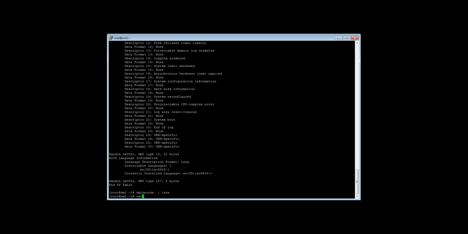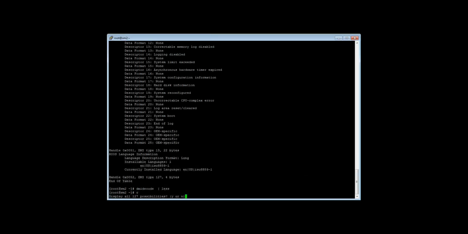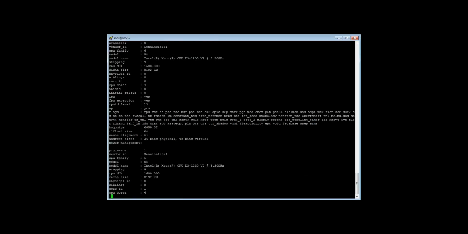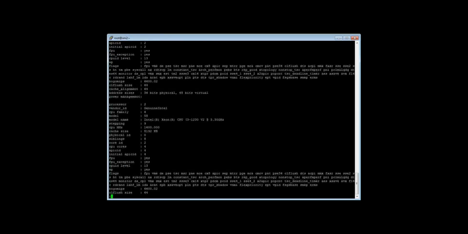Run kvm-ok. Well, no, that won't work in this. It's one of these, and there are so many things here. I forget what to look for, but it looks like VMX is on. I think that's the one we want. Yeah, I think VMX is the one we're looking for. So virtualization should be on, and so we're ready to go.